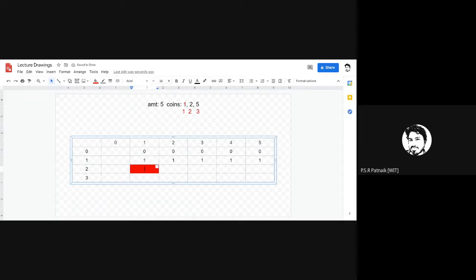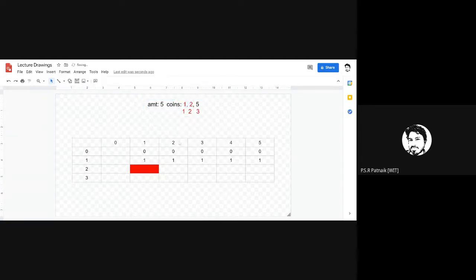What does this cell location represent? It represents in how many ways I can realize this amount by using all the coins available till index 2. Till index 2 means 1 and 2 both come into the picture here.